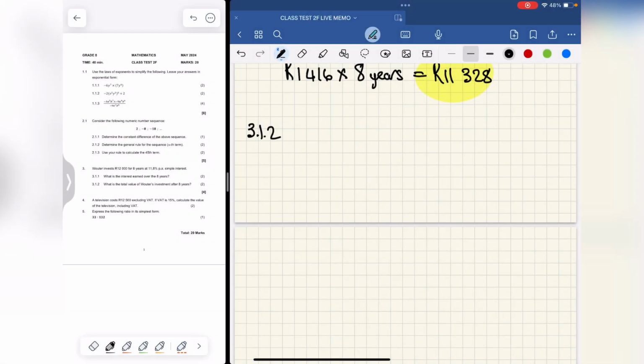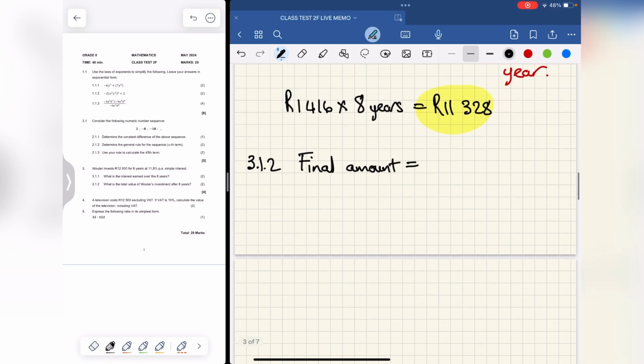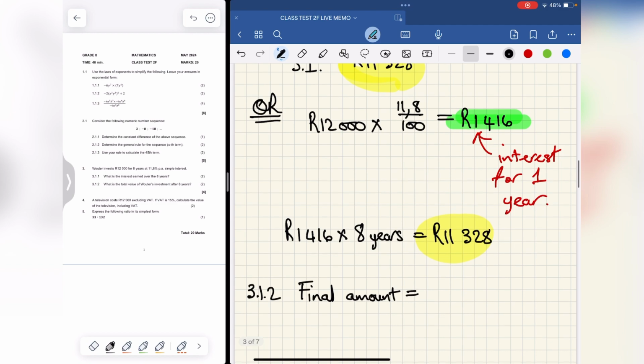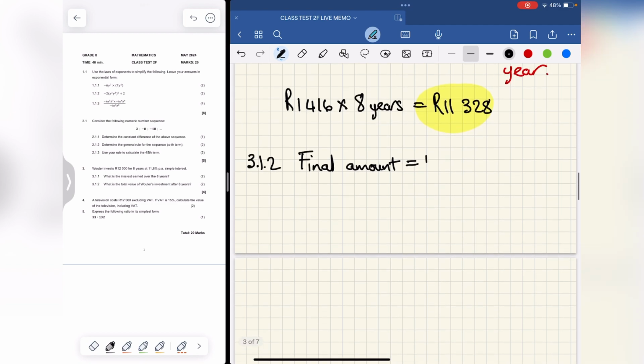3.1.2, they want to know what is the total value of voters' investment after the 8 years. So we, of course, again can use one of two methods here. We can say, well, if I want to know the final amount after 8 years, I can simply take the amount that I invested, which was 12,000 Rand, and I can add all the interest that I've accumulated for the 8 years, which is